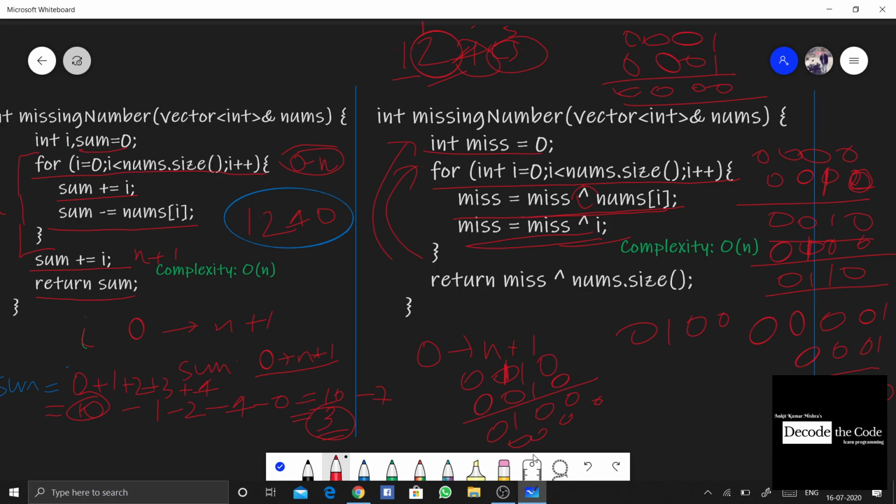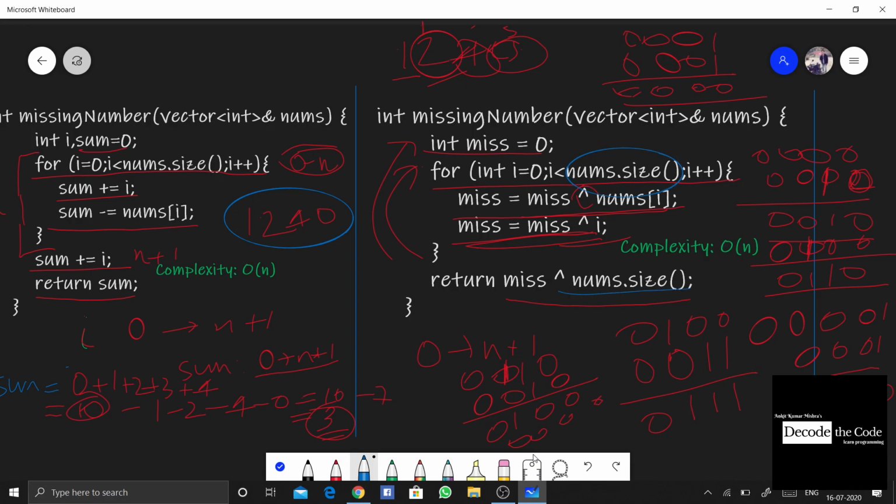And lastly, when you XOR 3, that is the I value, because of this statement, you will get, the binary representation of 3 is 0 0 1 1, so you will end up with 0 1 1 1. Once you come out of this loop, you're also going to XOR it with nums.size, because as you must have noticed, we are only going up till n and not up till n plus 1.